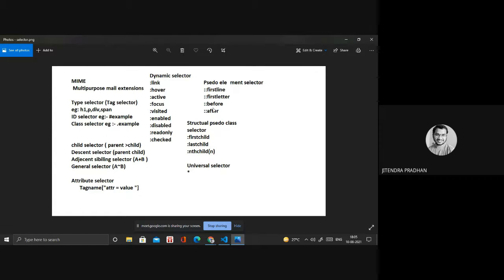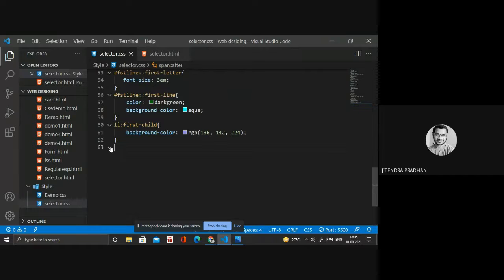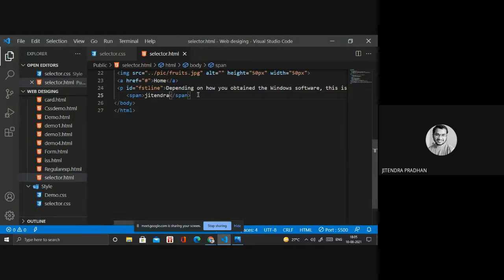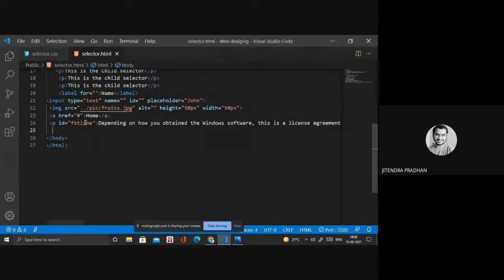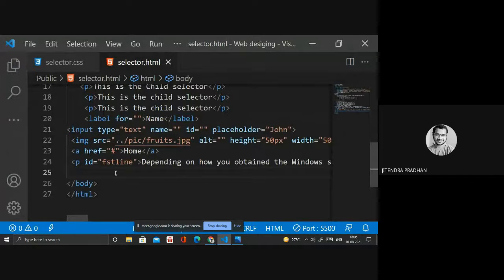Before that, we have not completed before and after. I will show you what is before and what is after, then I will show you first child, last child, and nth child, and how we apply them in CSS. Say I write something, like CSS.